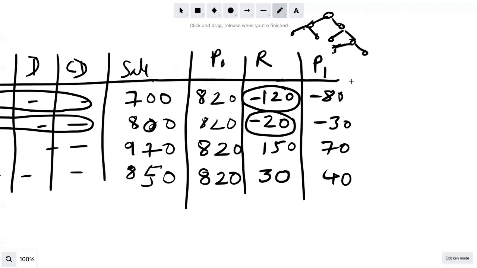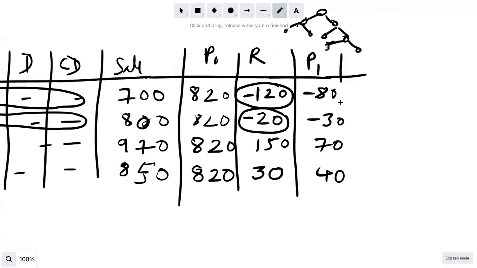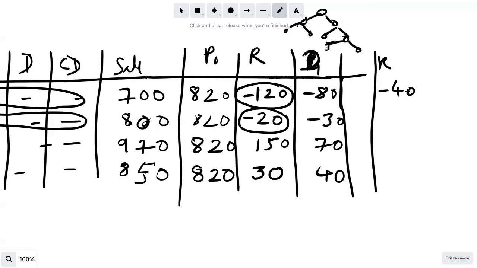Now we have this decision tree. Let's just call this D. So this is the prediction of the decision tree, which was an attempt to predict the residual. But of course, this is itself not that perfect. So what do we do next? We compute the next set of residuals. I wanted to predict minus 120, but I predicted minus 80. So I'm still off by minus 40.